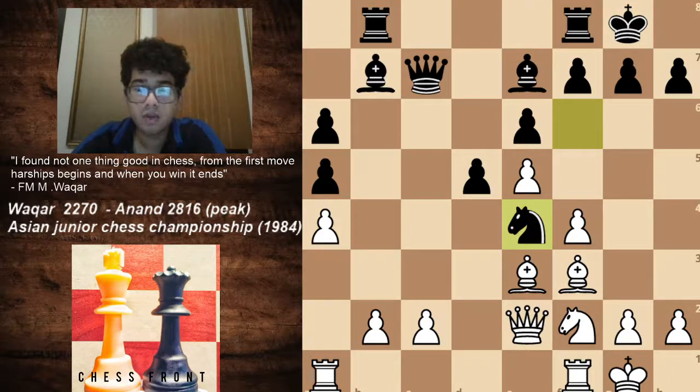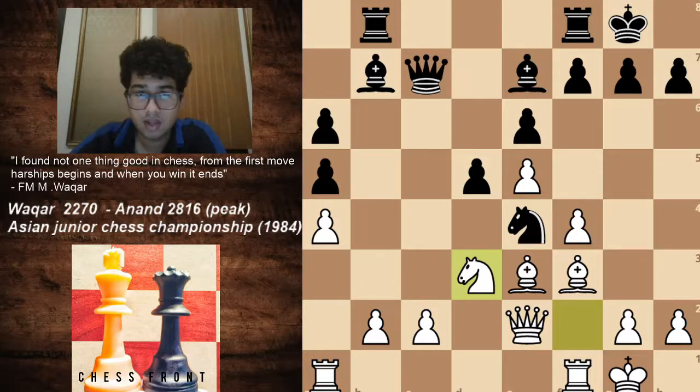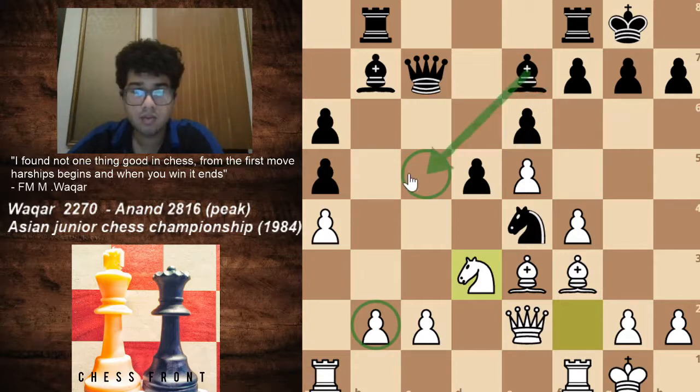Over here, a bit of a slow move by white, queen d3. So as the position now opens up, it's clear that black will have something to play for, which is the clear-cut weakness of the b pawn, where white will have little to play for. Over here, better would have been knight d3, protecting the b pawn as we discussed, which is a weakness, as well as the c5 square, which is an important square, where in an ideal world, maybe black would want to put his bishop after trades.